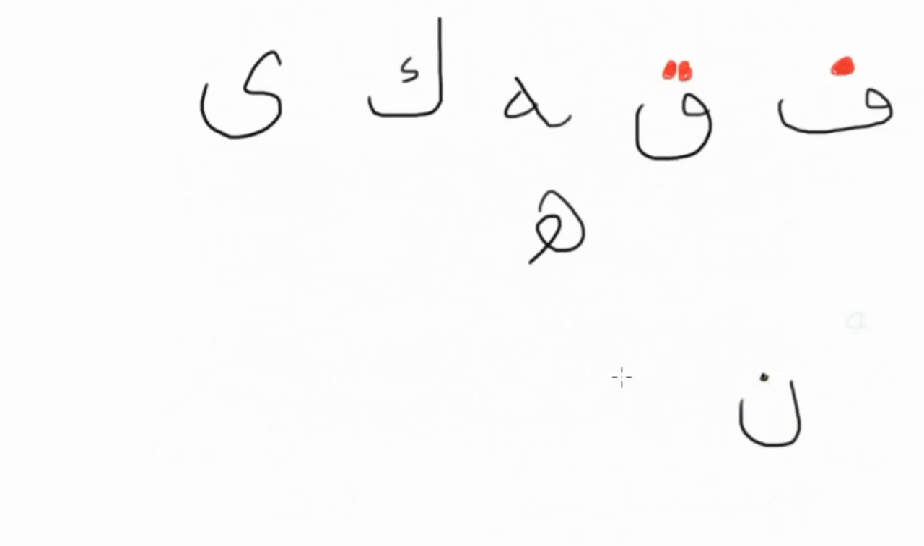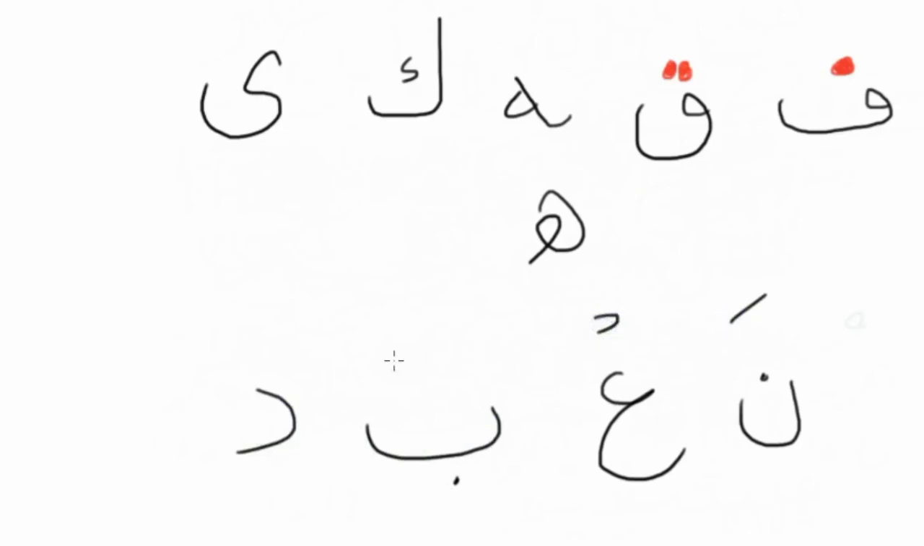Okay, let's try another one then. So we have the na, the nose, the ain, the ba, and the da. Okay, so let's put a fatha on there, sukoon there, dhamma there, and dhamma there. And when you put it all together,